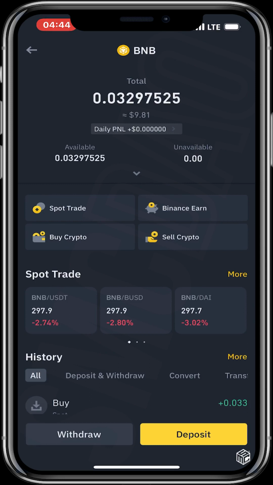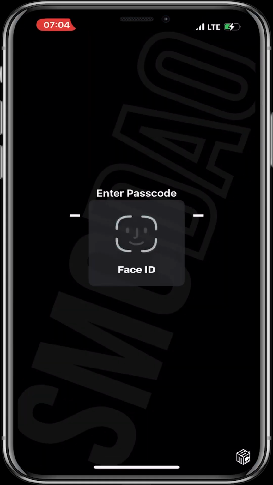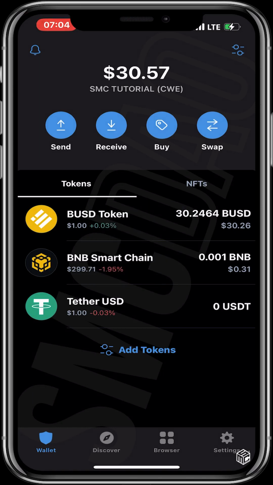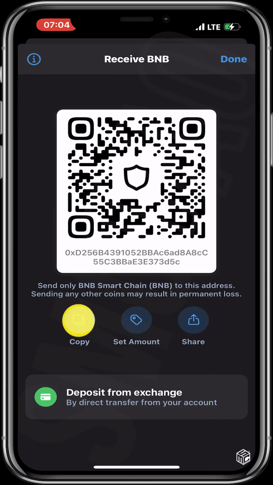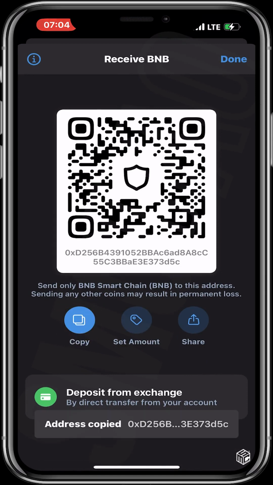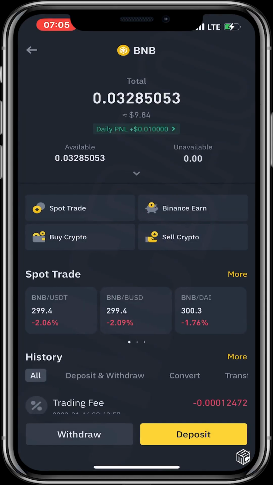So we have bought $10 worth of BNB, 0.032 BNB, and we are ready to transfer this to our Trust Wallet for us to be able to buy our Wiki Cat or Defi Tiger token. So what we need to do is to just head over to our Trust Wallet, and we need to just copy our BNB Smart Chain, click on receive, and then copy, and then we move back to Binance and click